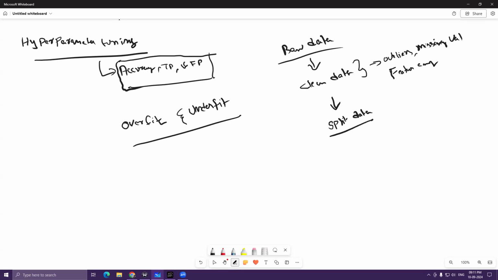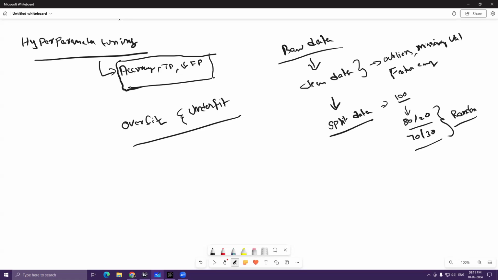Now, what do we use to split the data? Obviously, we use a package called train_test_split from sklearn, and we are going to work with that. But here, whenever we split the data, generally what we do is, let's say if we have 100 records of data, which means 100 rows of data, we split this into 80-20, or 70-30, right? And this split will be a random split,